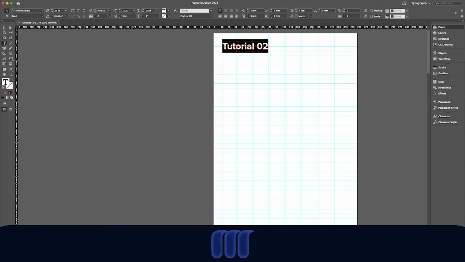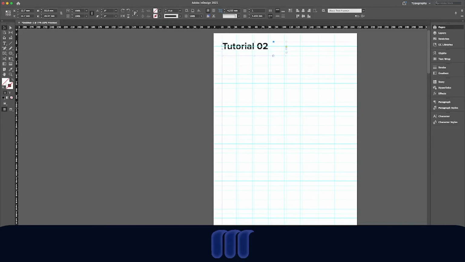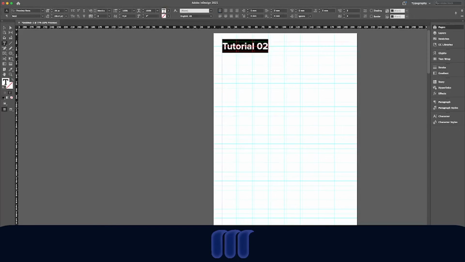Now if I'm careful, I'm going to show you just how well this grid actually works. So I've got 3 tutorials. Now if I bring it to 26 for that one, I know it just goes over by the tiniest little bit,